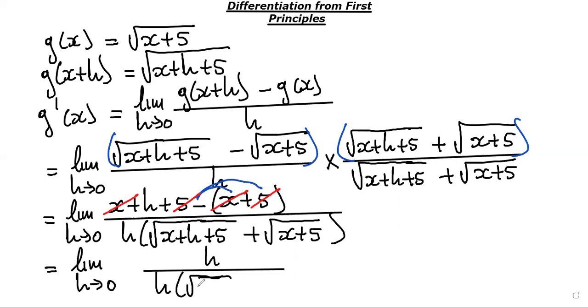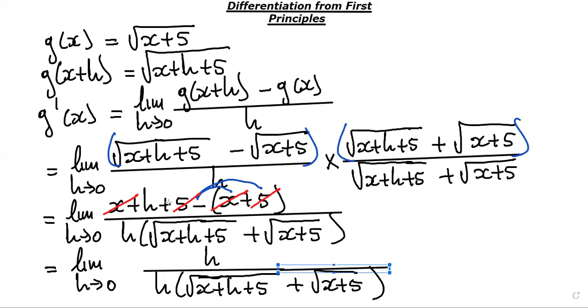into square root x plus h plus 5. And then we say plus square root x plus 5. So now we have achieved things that are exactly the same in the numerator and denominator. So they cancel out. After successfully cancelling, we are just left with the limit as h approaches 0 of 1